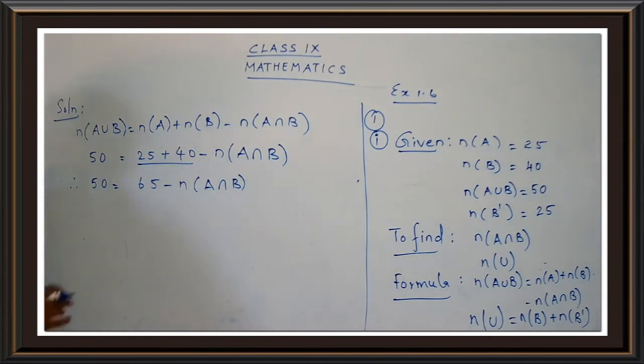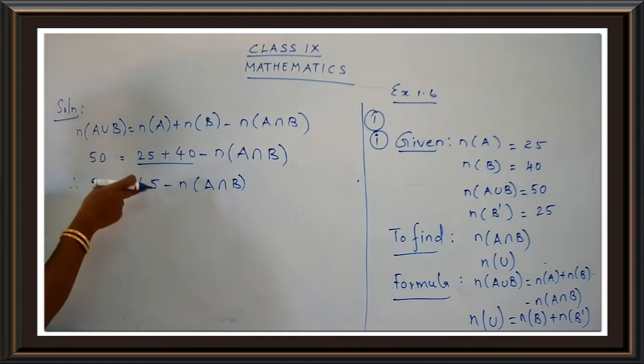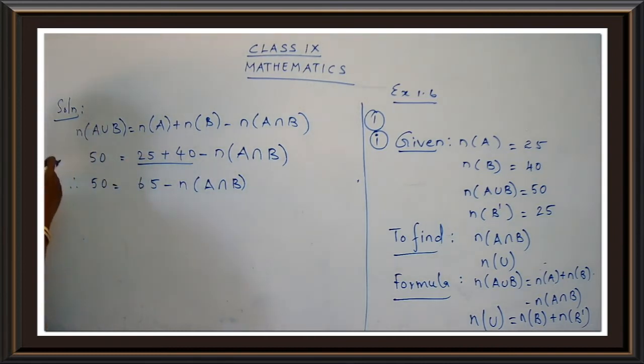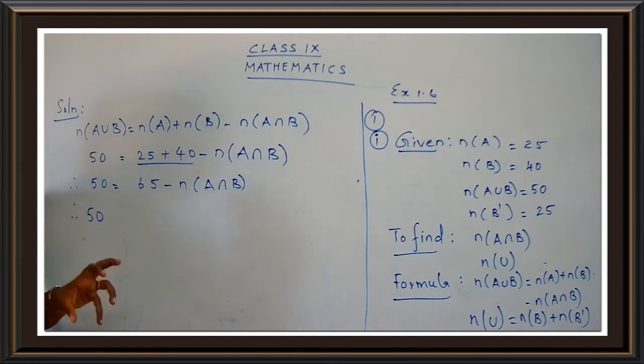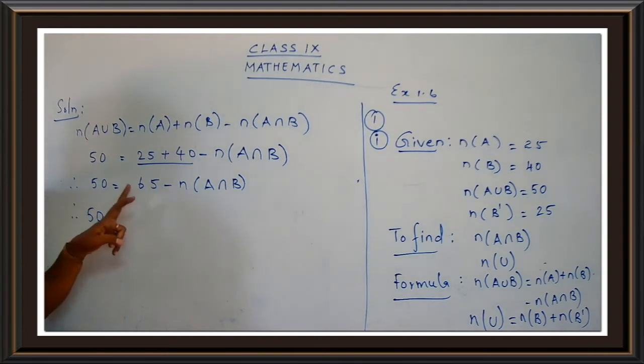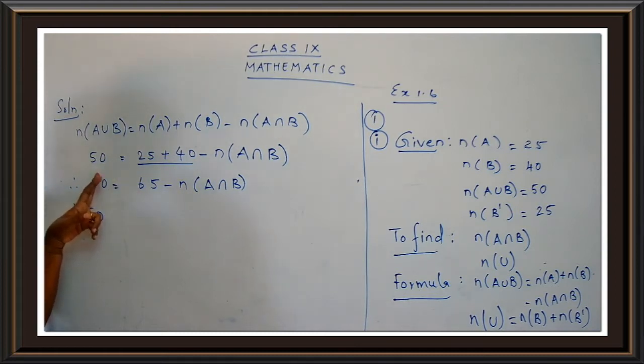So now what I am going to do is just shift this 65 to this side. That is, now 65 is on the RHS. Okay children? Now you are going to shift this number from RHS to the LHS. So what you get? 50. And I have told you, whenever you change the number from LHS to RHS or from RHS to LHS, you have to change the sign. Keep this in your mind children. So this is plus 65. Okay.